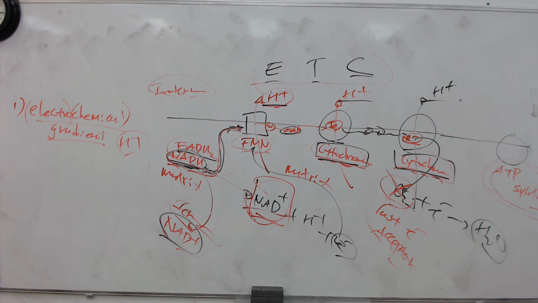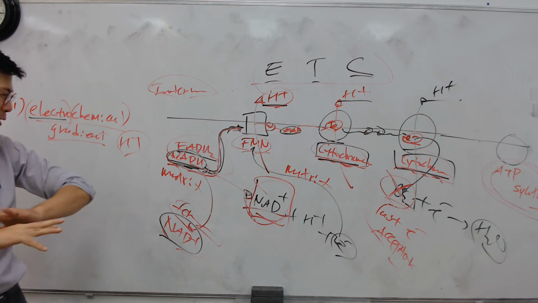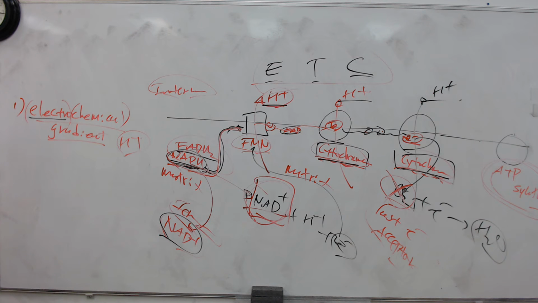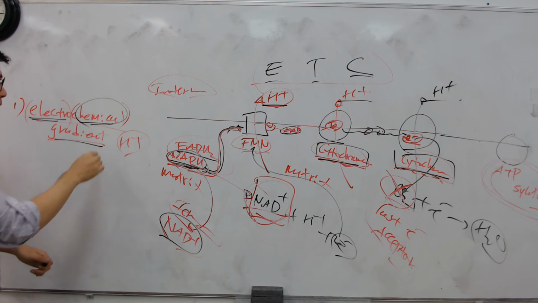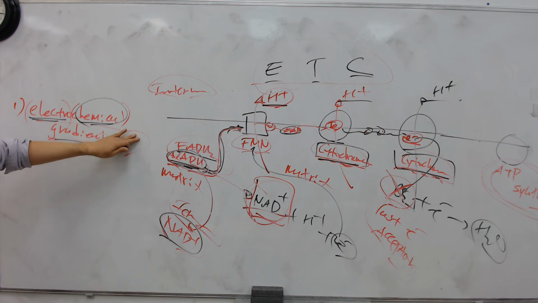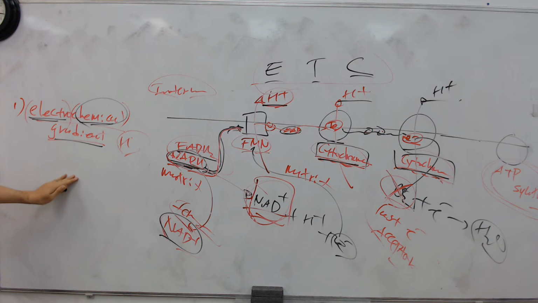We talked about this a little bit, guys. We call this electro because this is a charged particle, which will create an electric potential, a voltage. I don't want to go crazy with you right now; it's a voltage value. Chemical, because there are more H particles, hydrogen particles, outside the membrane. So that's what they call an electrochemical gradient. If this didn't have a charge at all, we'd call it just a chemical gradient.